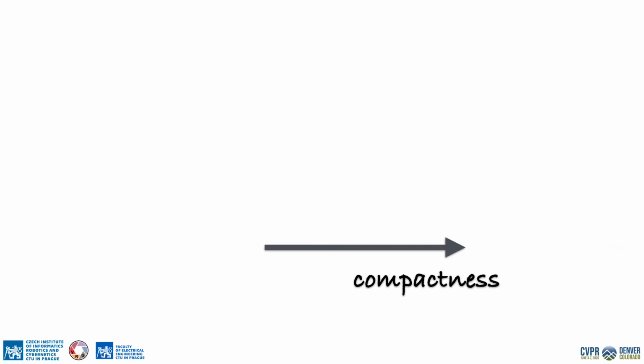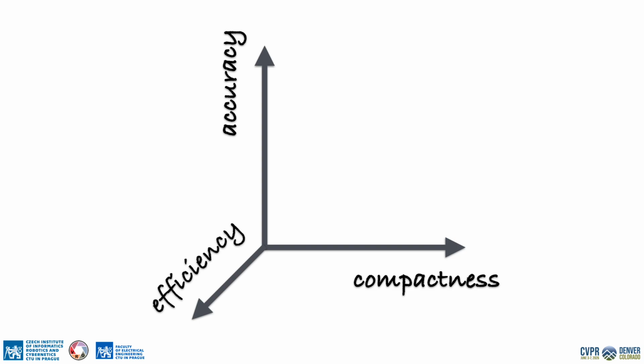Visual localization methods should be compact, resulting in representations that occupy as little memory as possible. The estimated camera poses should be accurate, within a few centimeters and below 1 degree in error, and the localization process should be efficient. In this work, we mainly focus on compactness and accuracy, mostly ignoring efficiency.